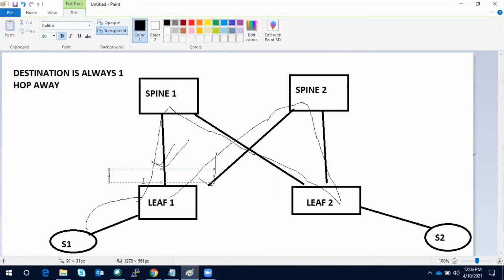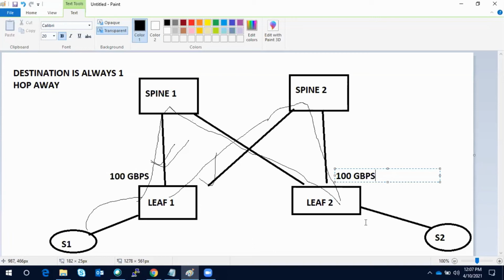So this will be 100 Gbps, this will be 100 Gbps, this will be 100 Gbps. These are high speed connectivity. So the packet in the backbone, you do not even think about how fast it travels when it hits the leaf and goes to another leaf.